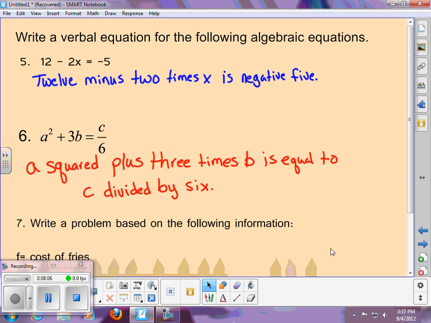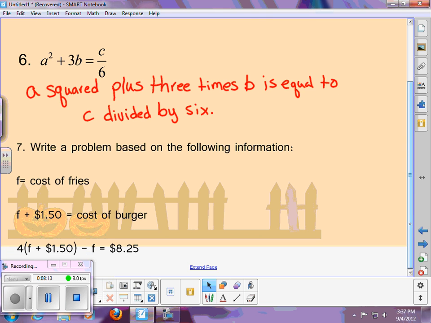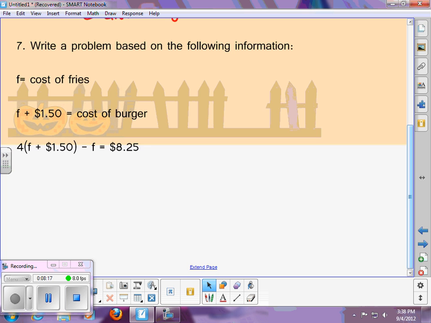And lastly, the very last topic in our very first set of notes for Chapter 3 is a doozy. We're asked to write a problem based on the following information. We're not asked to solve the problem, just to create a problem. So I'm going to use different colors to write these statements. What it comes down to is for each one of these statements, I should have a verbal expression. So I'm going to use my colors, and then I'm going to rearrange it, put it all in the right